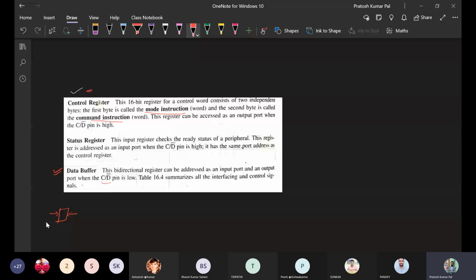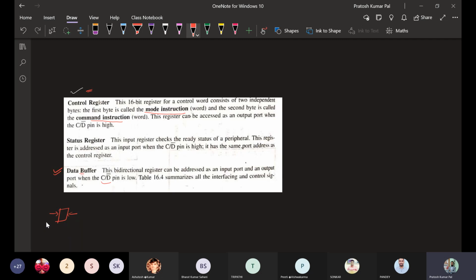C/D pin low means data. So it will be considered as data, either working in control mode or in data mode. This data bus buffer has control over the C/D pin.